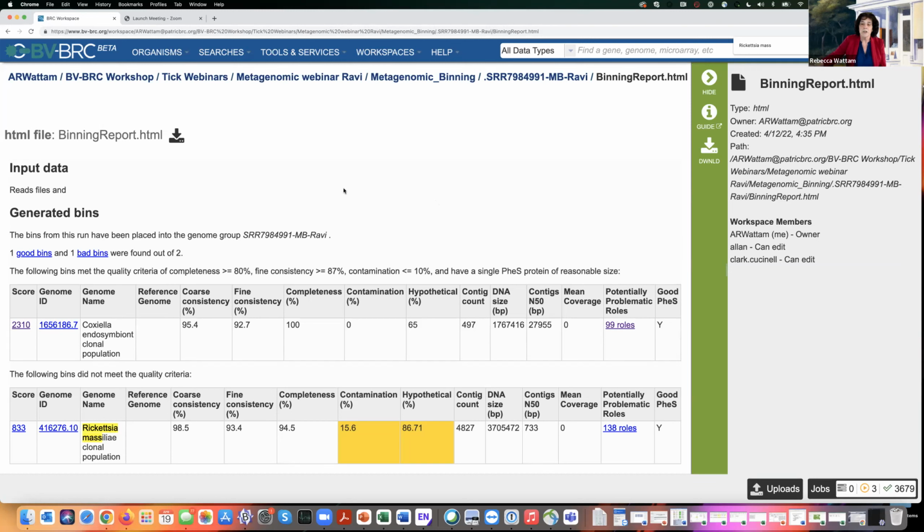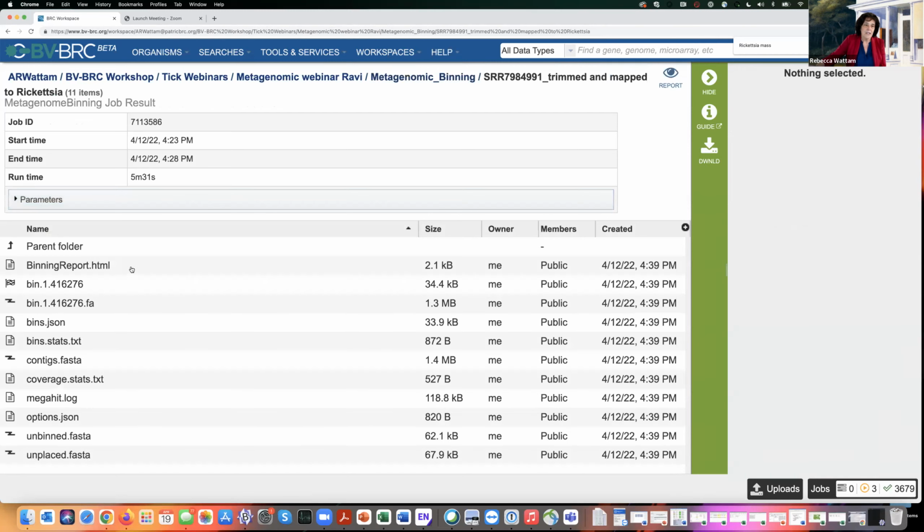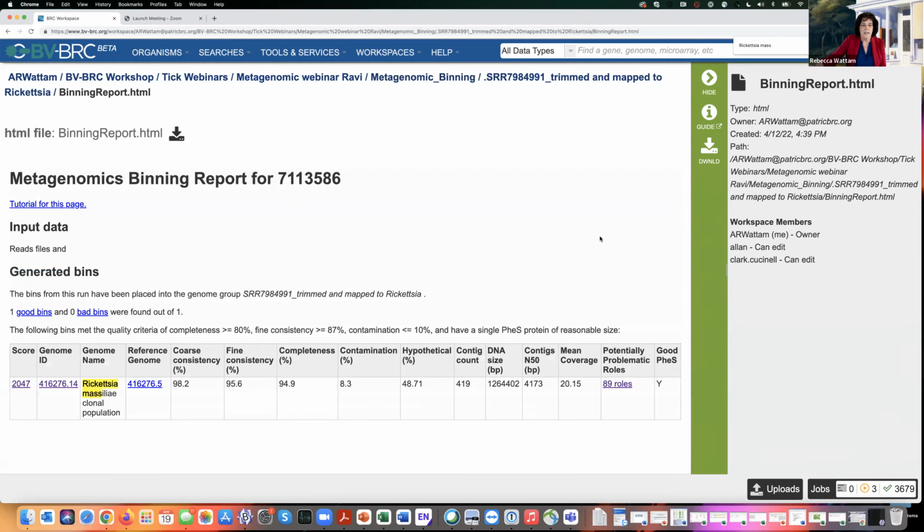So I want to go back and look at what happened after we did the trimming and mapping to that Rickettsia MTU5 genome. So I click on that, and then I want to see that binning report and view that. And suddenly it says it's a good genome now because the contamination has gone down and the number of hypothetical genes have gone down. And this is once again to emphasize to you how important it is to massage your data and to try to do different things to it to get the best quality data you can